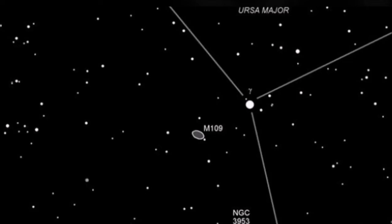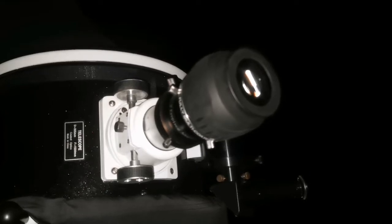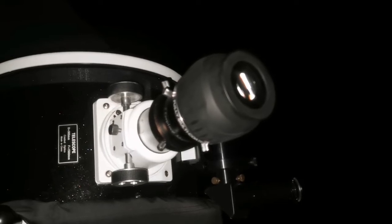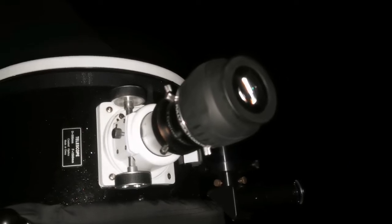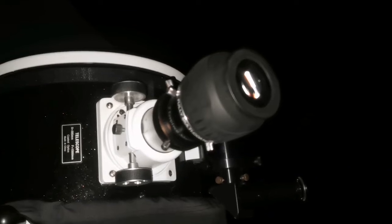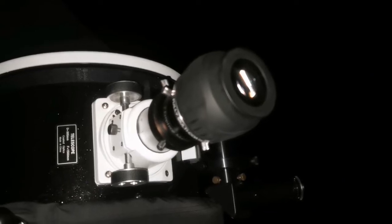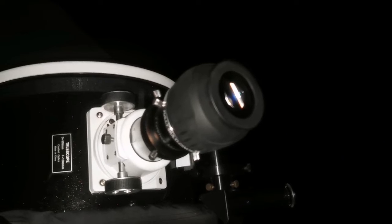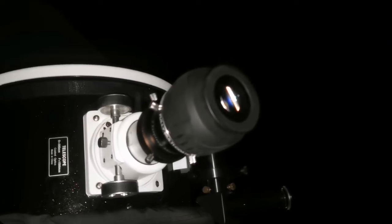So I will explain how to find it. You put Phecda, the brightest star, out of the field of view, and turn the telescope slightly to the, yeah, I think on a map it will actually be lower left, translated into what is in the sky. Probably I should say toward the south slightly, and then you'll see this is an oval shape,